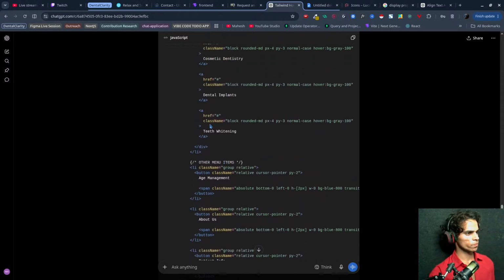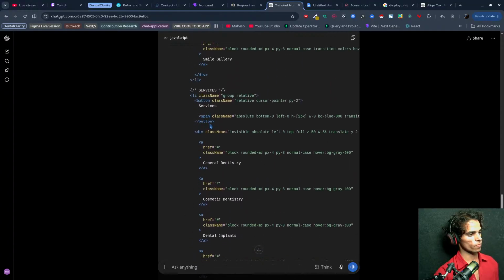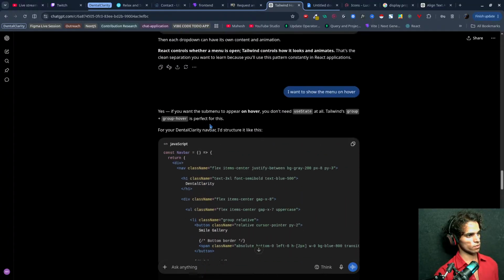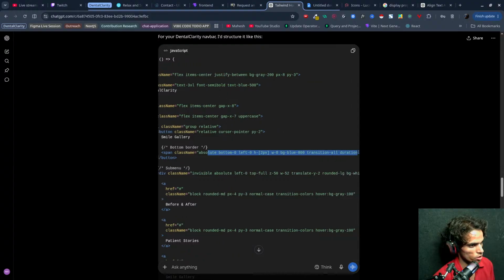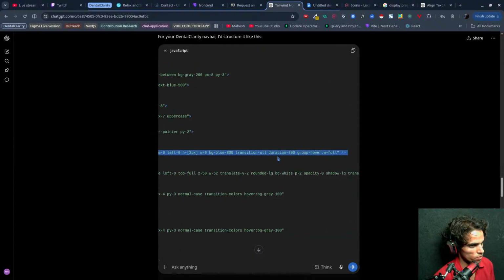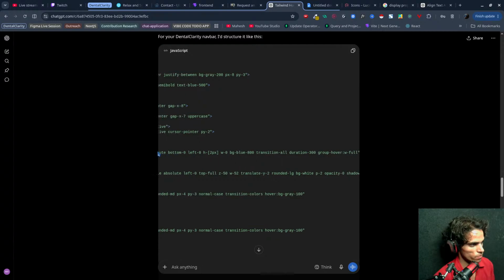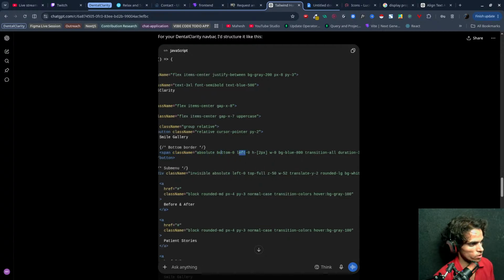I would like to make it relative, cursor pointer, and py, this actually bottom left. Okay, the border color will be blue, and the transition all duration will be this, group hover with full. Okay, this is good, no problem.